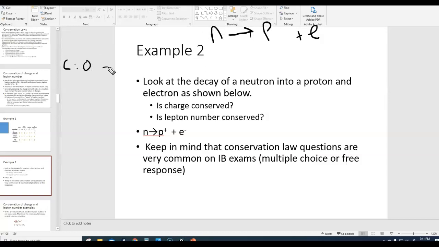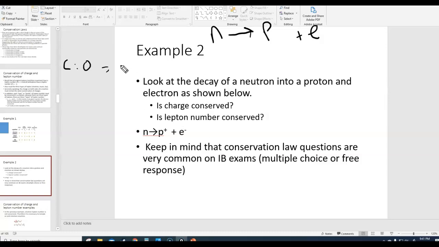By the way, make sure you don't confuse a neutron with a neutrino. Both of them have no charge, but they're completely different particles. A neutron has a little more mass than a proton, whereas a neutrino basically has no mass. A neutron, as we'll see later, is a baryon, and a neutrino is a lepton. So don't think just because they both have no charge that they're the same thing, because they're completely different. Don't confuse a neutron and a neutrino.